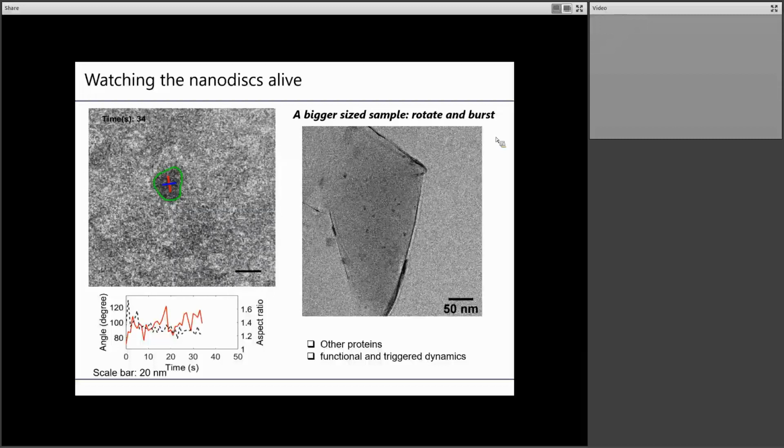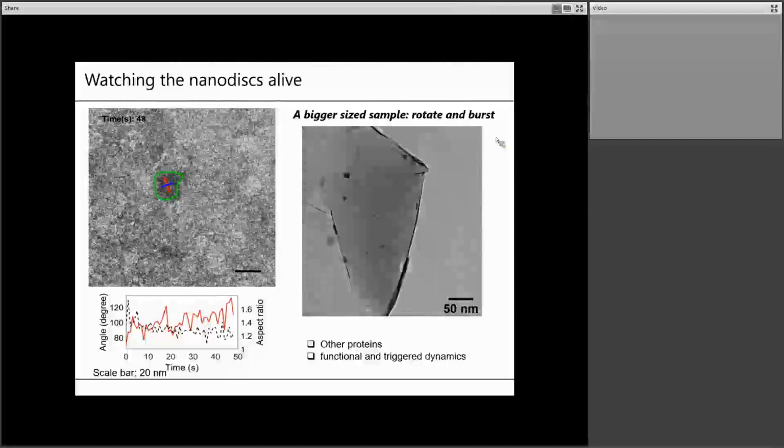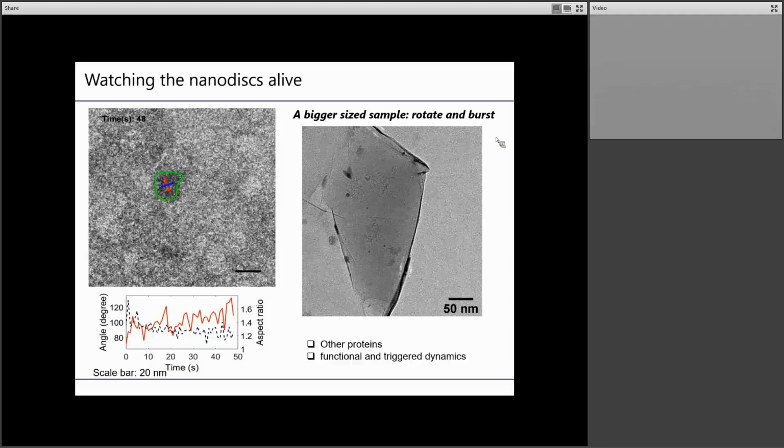On the right, when we deliberately design a much larger disk, not only does the size consistently become larger in terms of the feature we observe in TEM, the fluctuation also exhibits more possibilities, including the eventual folding dynamics that is really shown in this movie. And we really see this system as a seed for many emerging possibilities we can extend to other very hard to resolve proteins and going beyond just structural dynamics or fluctuation dynamics. We are also pushing towards functional dynamics, dynamics of the structure change that are really associated with a biological function